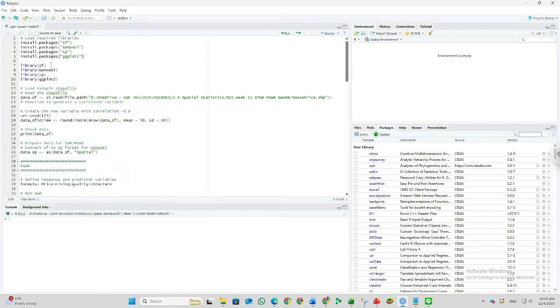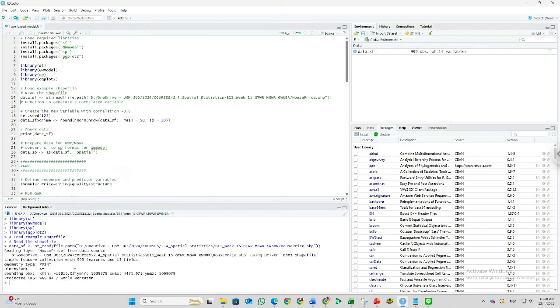For the 7th row, I need to call the library, so I can activate the library and run all of the text. Then, after I make sure that I have run the library, I need to call the dataset. You can check here: the geometry type is point, and we have the XY data.